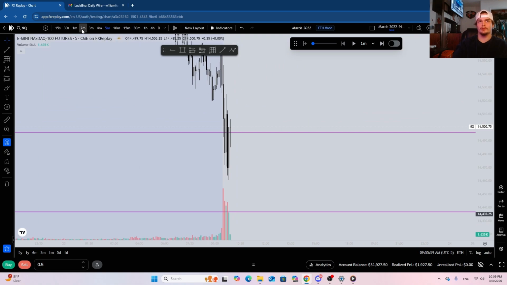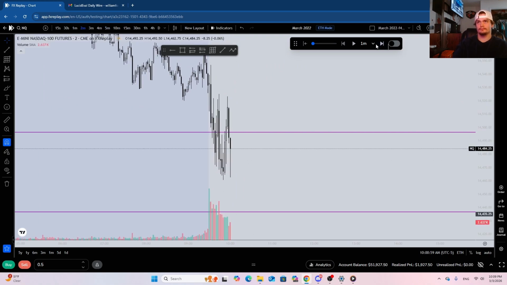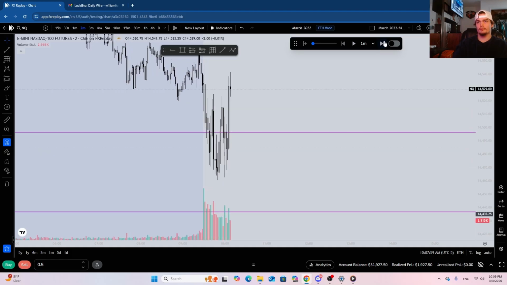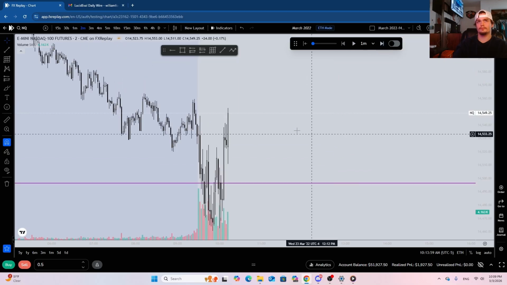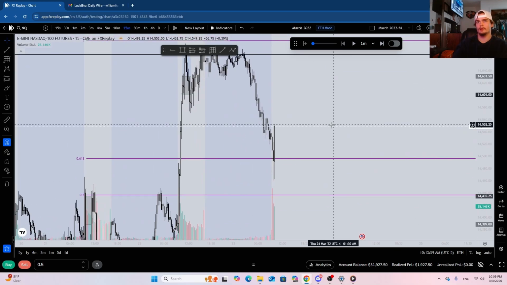I don't like this 5-minute price action. Hopefully at 10 a.m. we get some solid confirmation. We're just chopping. So we do have all these stacked, like, okay, so this is what I mean. Look how much Asia dumped overnight.